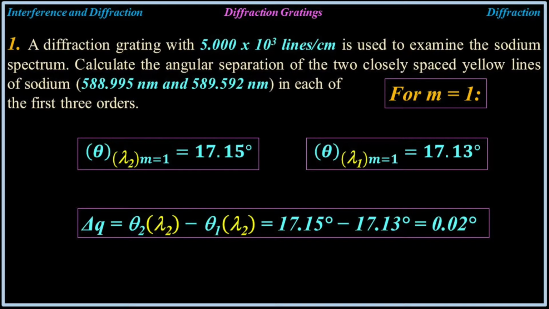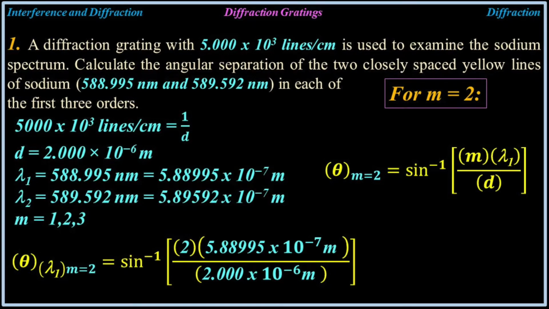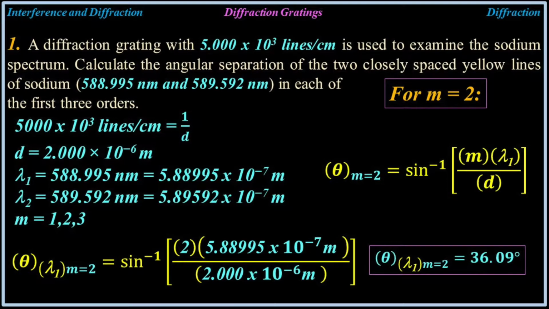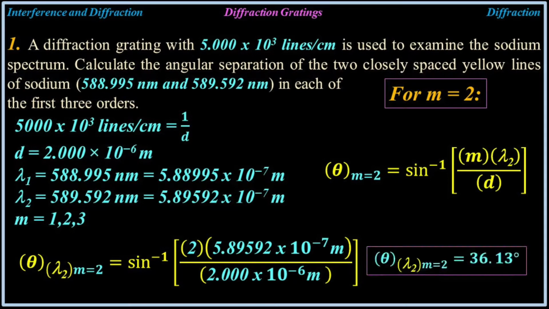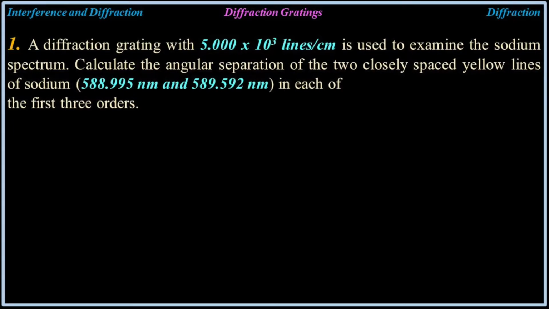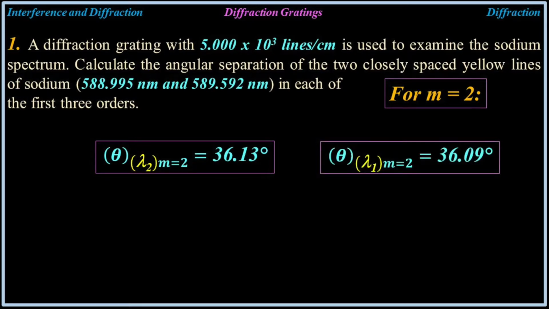And the difference is 0.02. Now this is for m equals 2. All right, this is lambda 1 for m equals 2, 36.09. And then we'll plug in lambda 2 and get theta is 36.13. And then we'll calculate the difference for m equals 2 for lambda 2 and lambda 1 for the angles, and